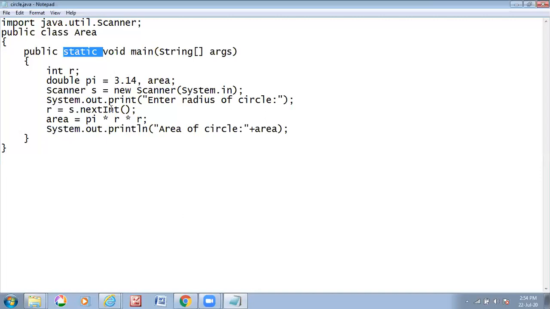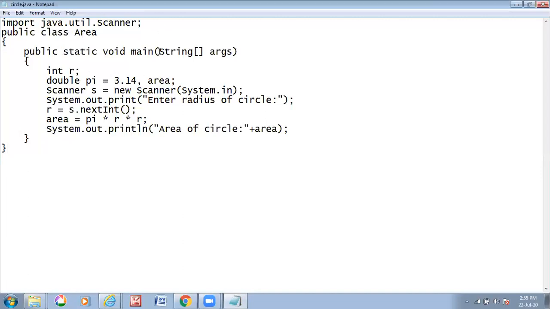We'll be implementing concepts like inheritance, polymorphism, for which the object-oriented paradigm is known. So for understanding and implementing core Java concepts, we'll be writing our code simply in the main function. Here it is static because we are using this class without creating any object.